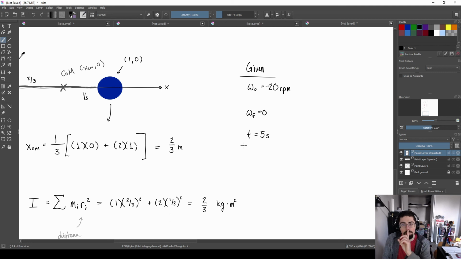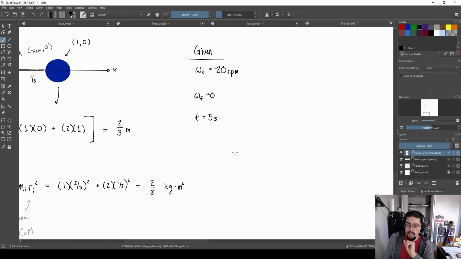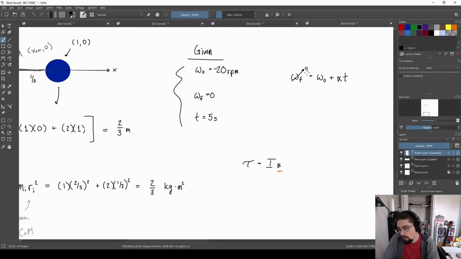I have my moment of inertia. I'm looking for a torque. I could say that torque is equal to I times alpha. And we have just calculated out that moment of inertia. The only thing that we need to find to make this thing work is this alpha quantity right here. Alpha, of course, being the acceleration, comes from our kinematics. Omega F is equal to omega initial plus alpha t. Omega final is 0. Alpha is the initial omega divided by t, or the negative initial omega divided by t,